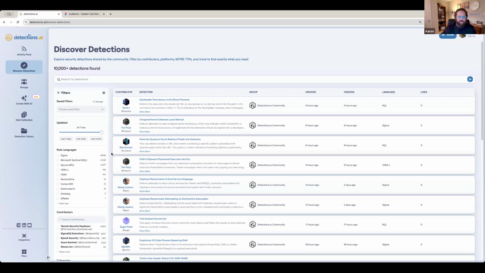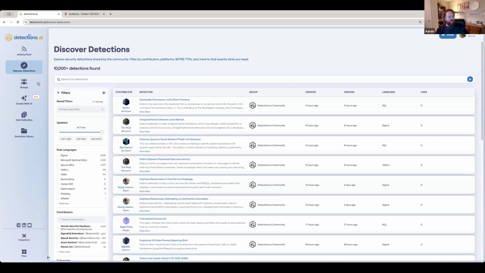So a lot of options of language. You could certainly publish your detections in multiple languages if you want. That's great. So if you write something and you think it's fantastic and you want to convert it to other languages, I can show you how to do that. But at the end of the day, no one language sort of rises above all as far as interest. But I would say the SIEM ones tend to get more traction just because more people have it. So this is our main feed.